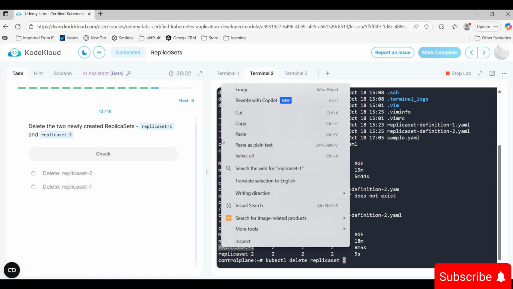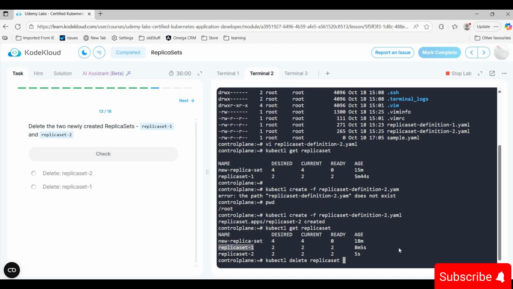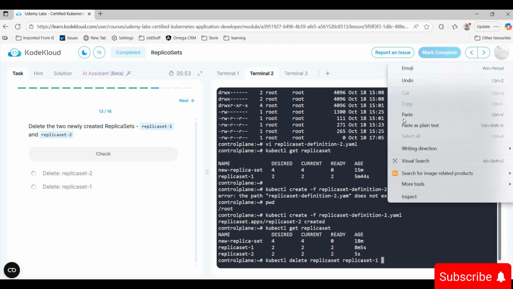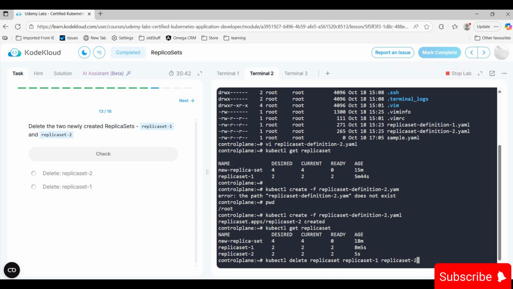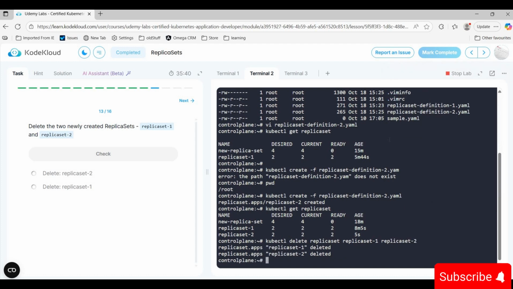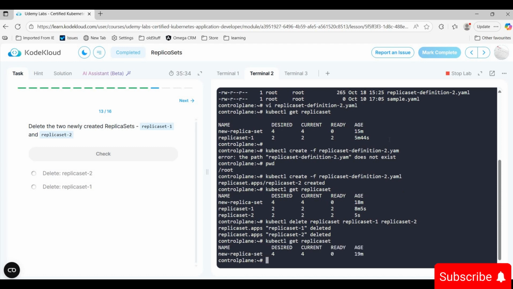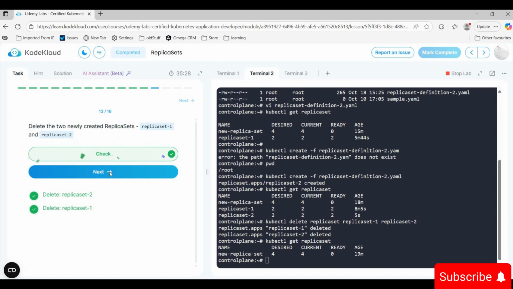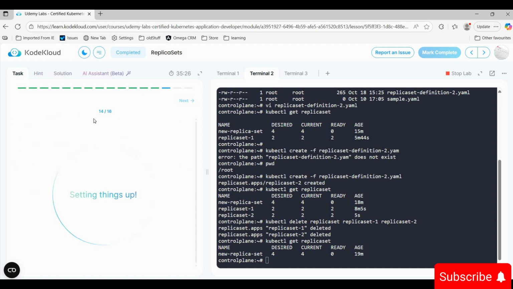I'll copy replica set 1 and try to copy replica set 2. Let me see if we delete. Okay, so it basically deletes those two replica sets. So what I'll do is get the replica set again. Now I have only one replica set, so I will mark this as done and move on to the next